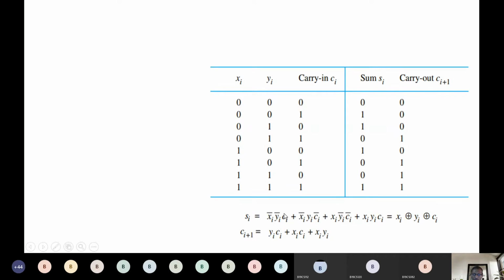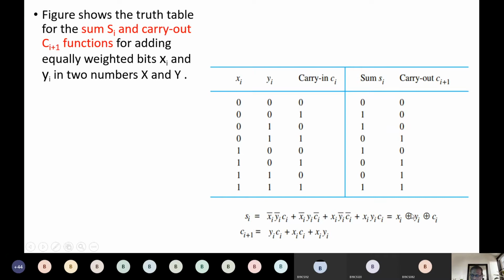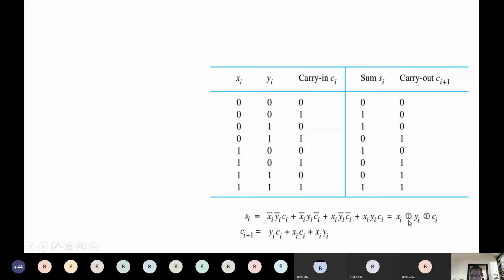Okay. Right. So we need to design the expression for this one, that is, the logic circuit for this one as well as this one, that is for the sum and also for the carry out. Okay. So how do we design this for sum and carry out? Remember, here what we need is XOR operation. So we need an XOR gate between X and Y. For XORing between X, Y, and C, we want an XOR gate.